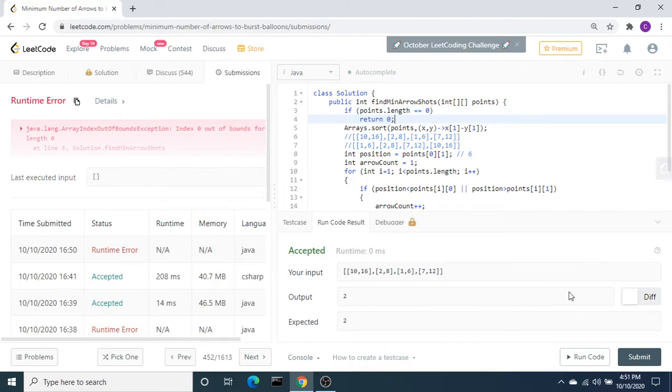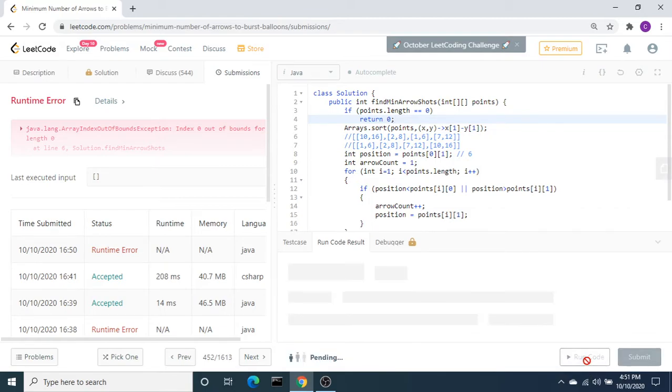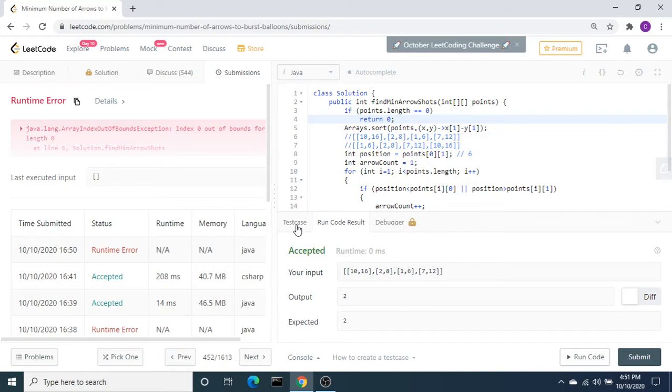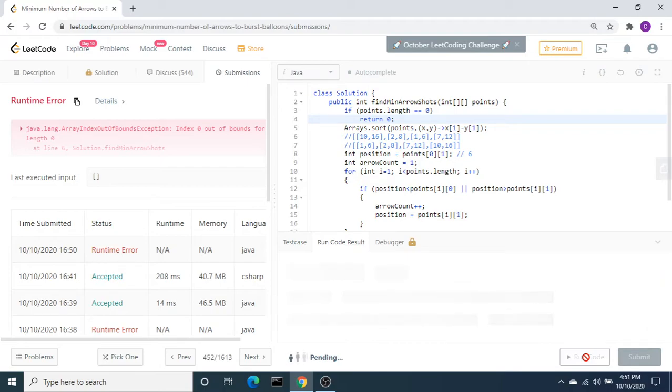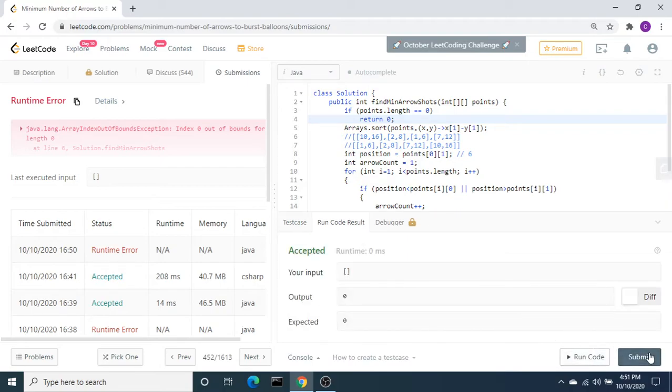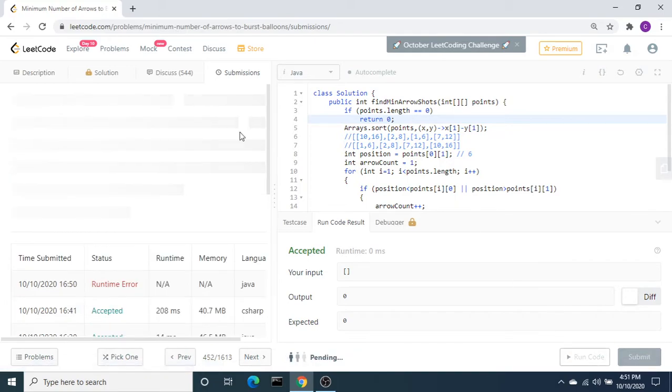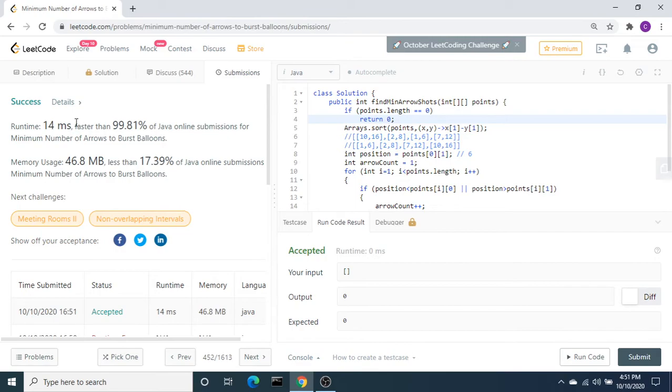That is the base condition we are supposed to check. Let's check here itself whether that works for an empty array. It's accepted. Let's submit. It is a success. It took 14 milliseconds, which is faster than 99.81%.